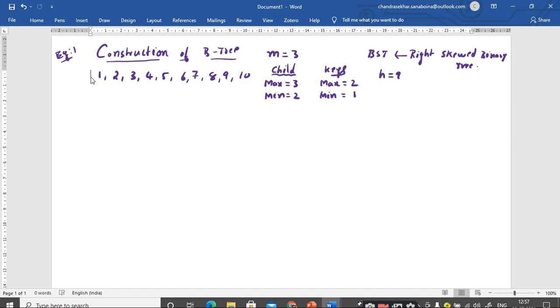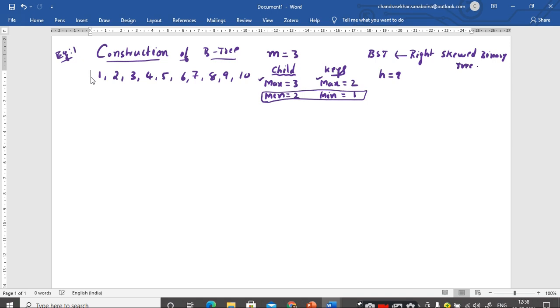Very good. Super. So remember, while constructing a B tree, or while performing the insertion operation, the maximum value is to be considered, not the minimum value. When you keep on inserting elements, the node should not exceed the maximum child nodes, and the node should not exceed the maximum keys. But while performing deletion operations, you have to consider the minimum value.